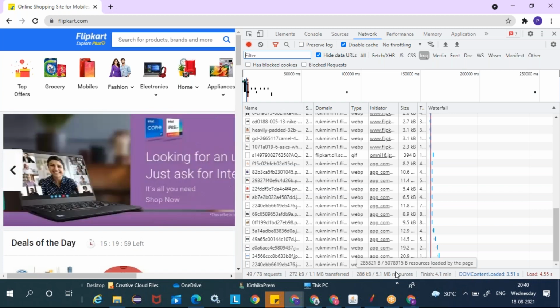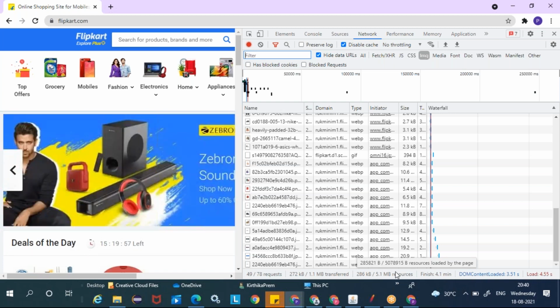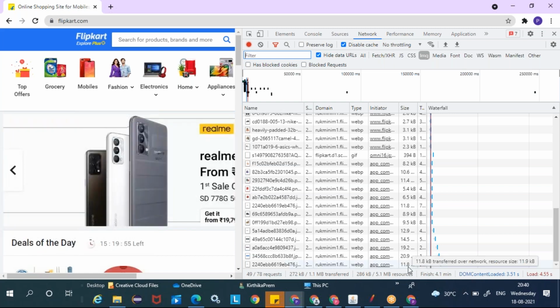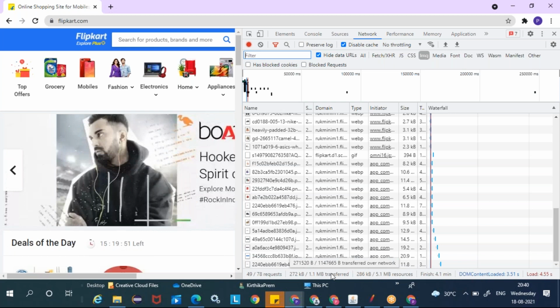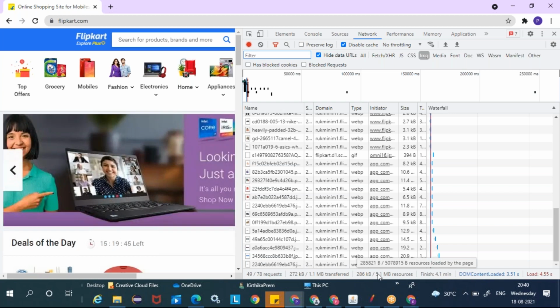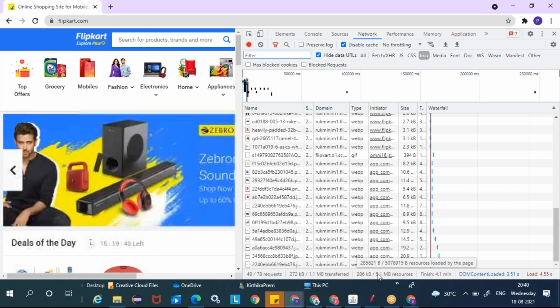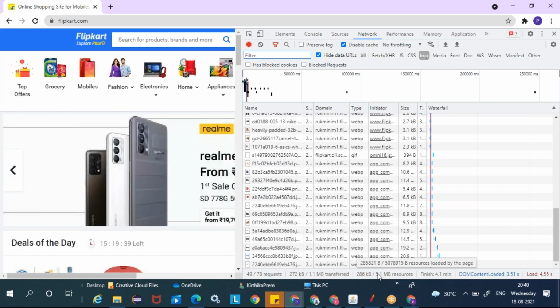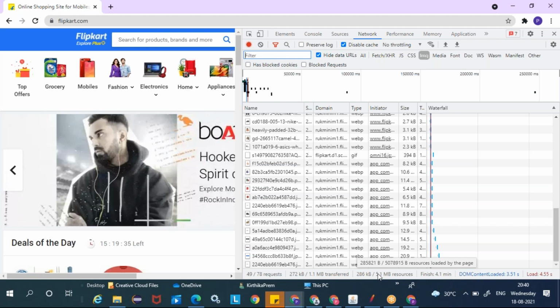One quick tip for you, right? If both the sizes are equal, if the page size transferred over the network and the actual page size are equal, then it means there's some performance problem, or the compression is not done properly by the developer or by your server team.